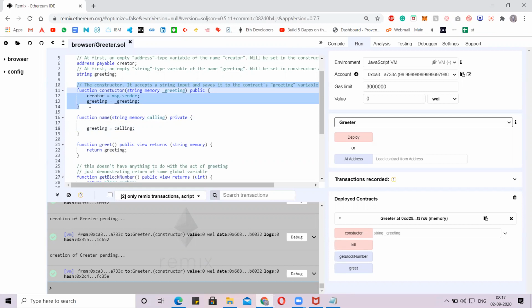How are we assigning? Great, Munirohit. Because it's private, we can't assign values externally, but internally we can call some data and assign the data to the greet global variable.